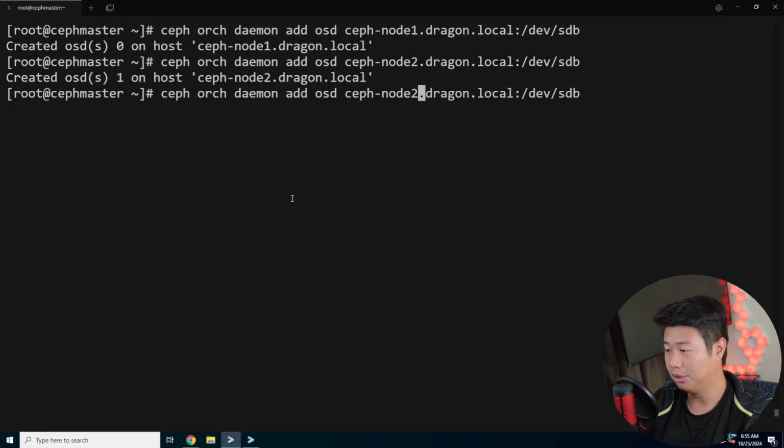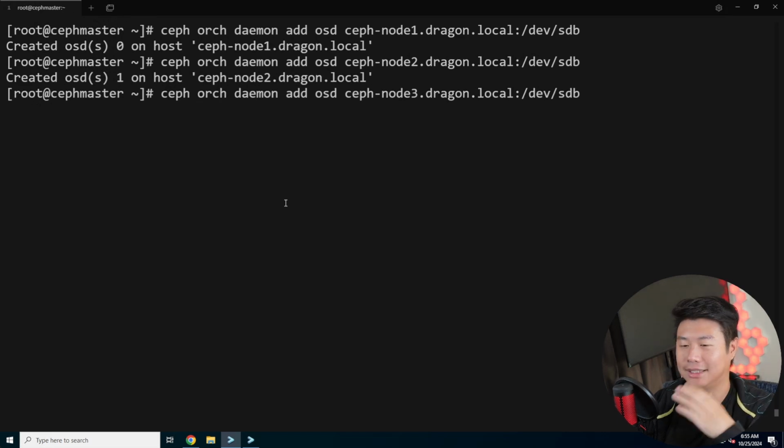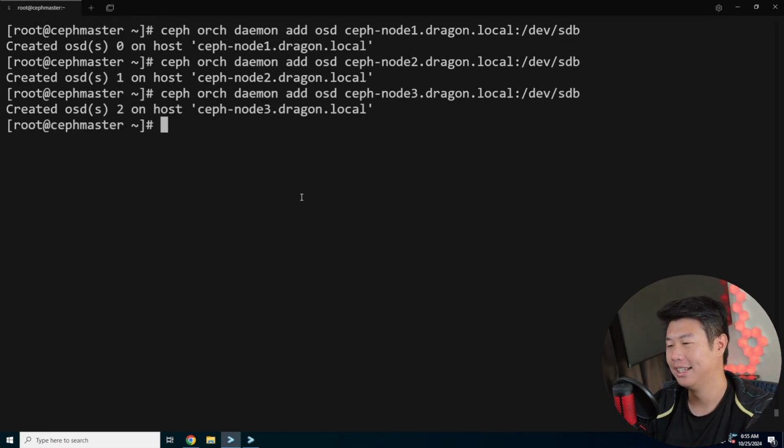If you wanted to use erasure coding, you would actually need a minimum of 4 nodes to make it work. There's a lot of math behind that one. I still haven't fully understood that yet, so we're just going to stick to replication for now, just to show you guys. But I will definitely make another video when I start playing around with it and understanding it, and then definitely when I make my Proxmox Ceph cluster with 3 miniforms,